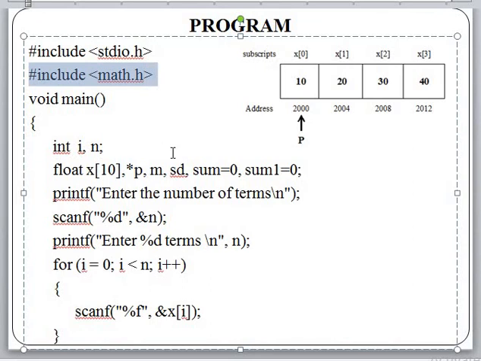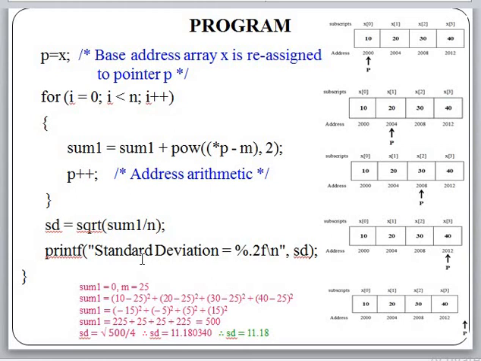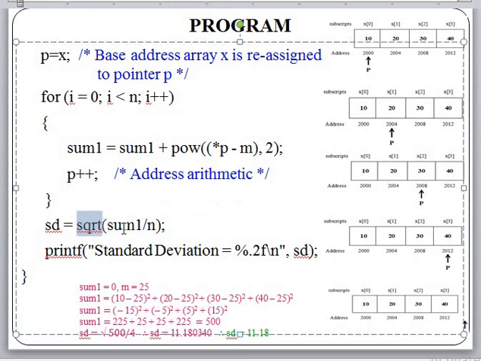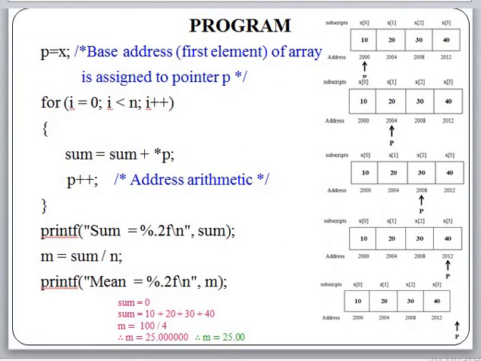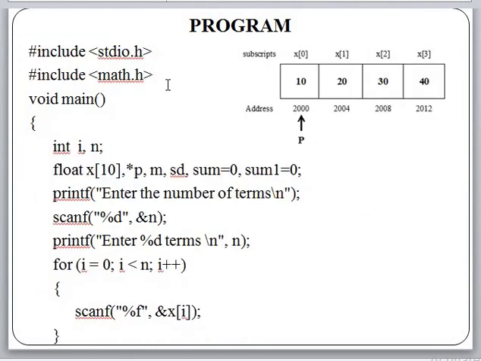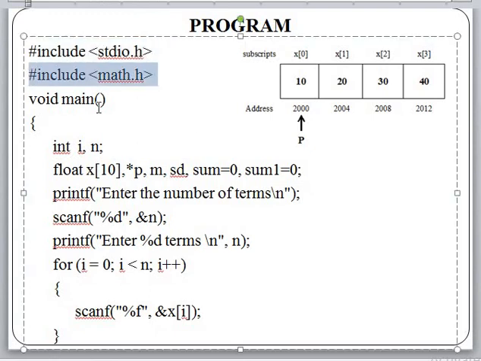The second line of this program is math.h. In this program we are using some mathematical functions. Why? Because you know that standard deviation is the square root of variance. To find the square root of variance, we have standard deviation equal to the sqrt function of the summation of all terms divided by n. To do this we need mathematical functions, that is sqrt, which is defined in the header file math.h in our program.